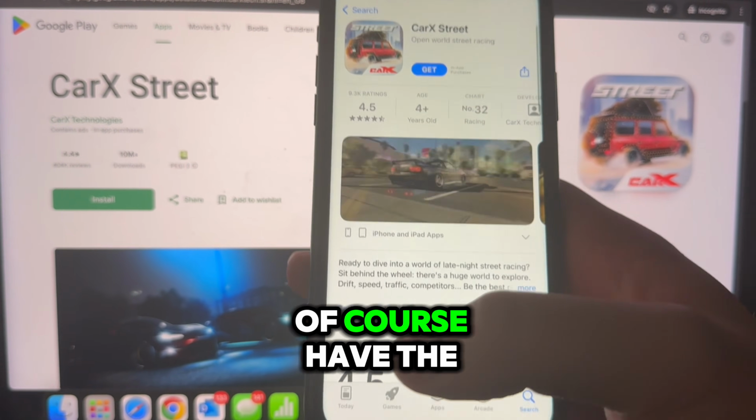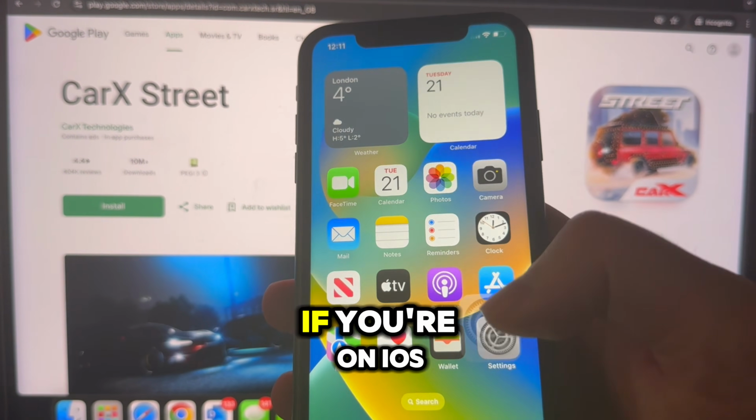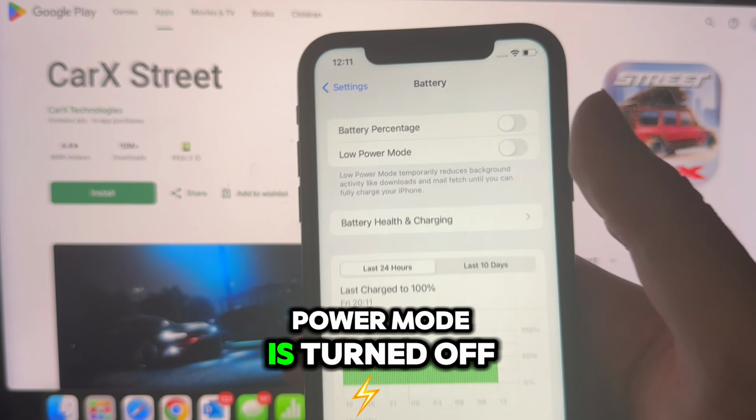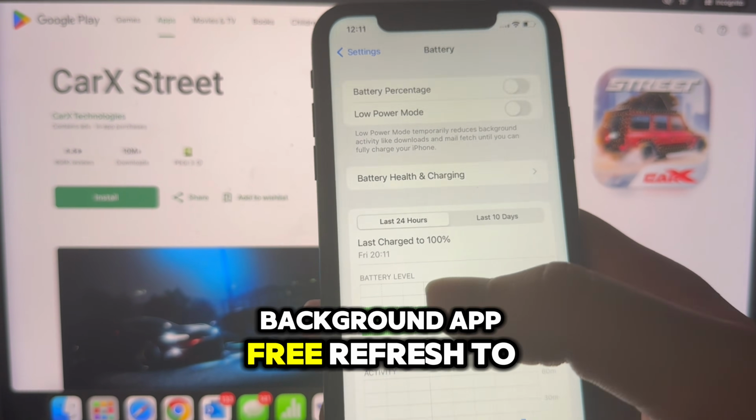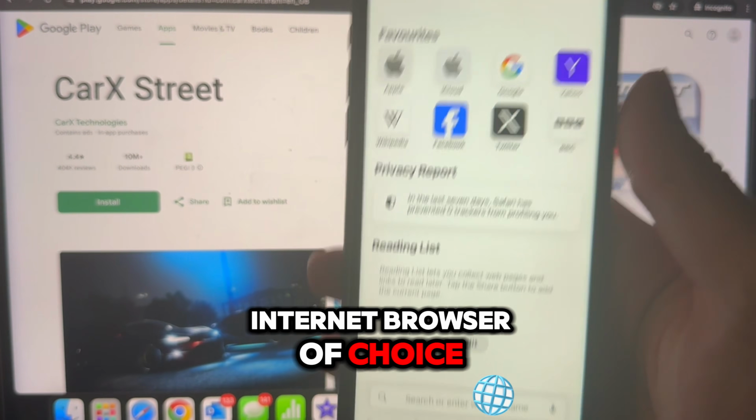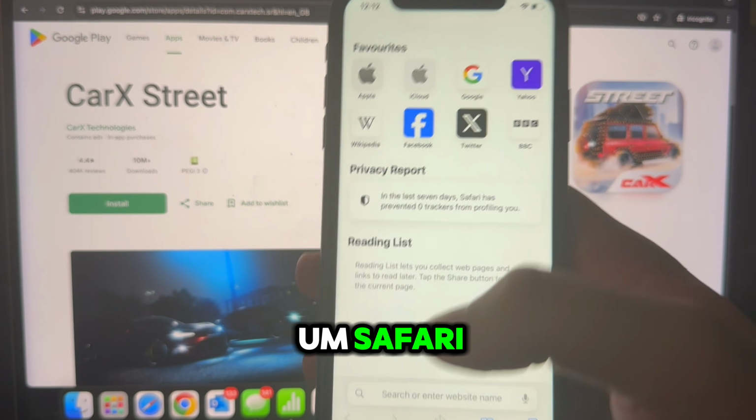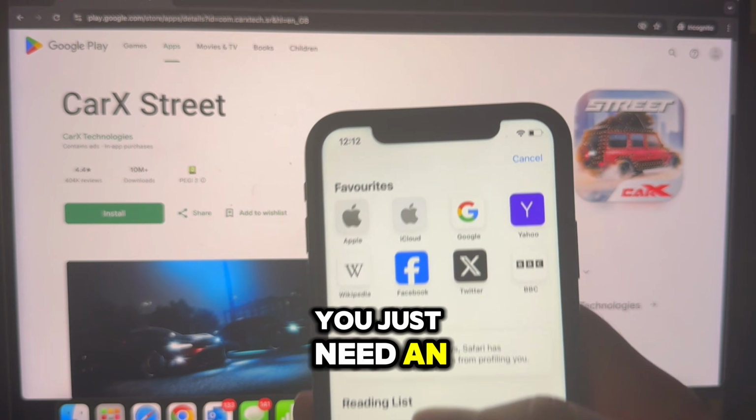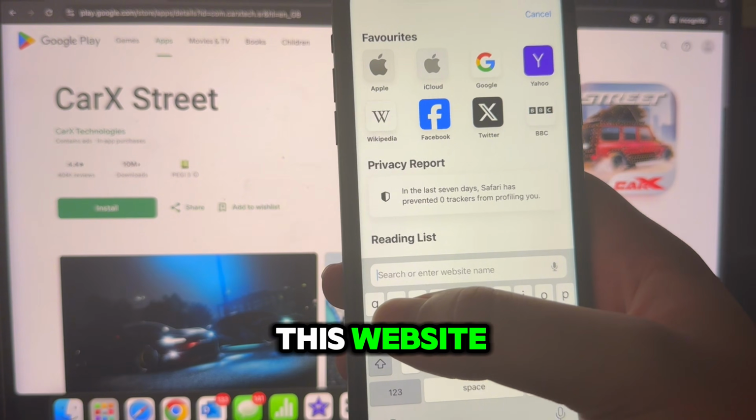So you need to, of course, have the game installed. If you're on iOS, make sure your low power mode is turned off because we need the background app refresh to be working. And then you need to open up the internet browser of choice. Of course, I'm using Safari. Doesn't matter which one you use. You just need an internet connection and go to this website,